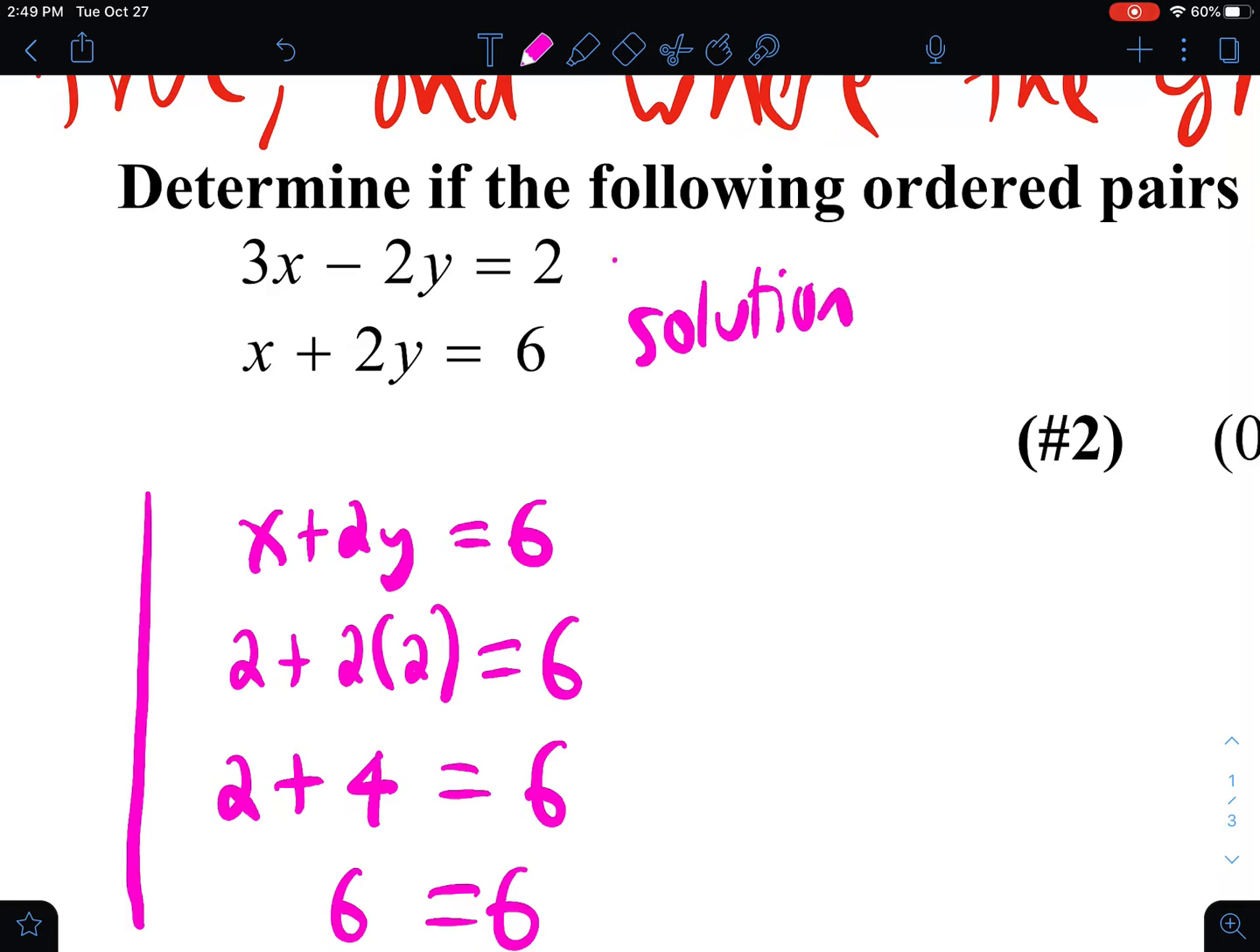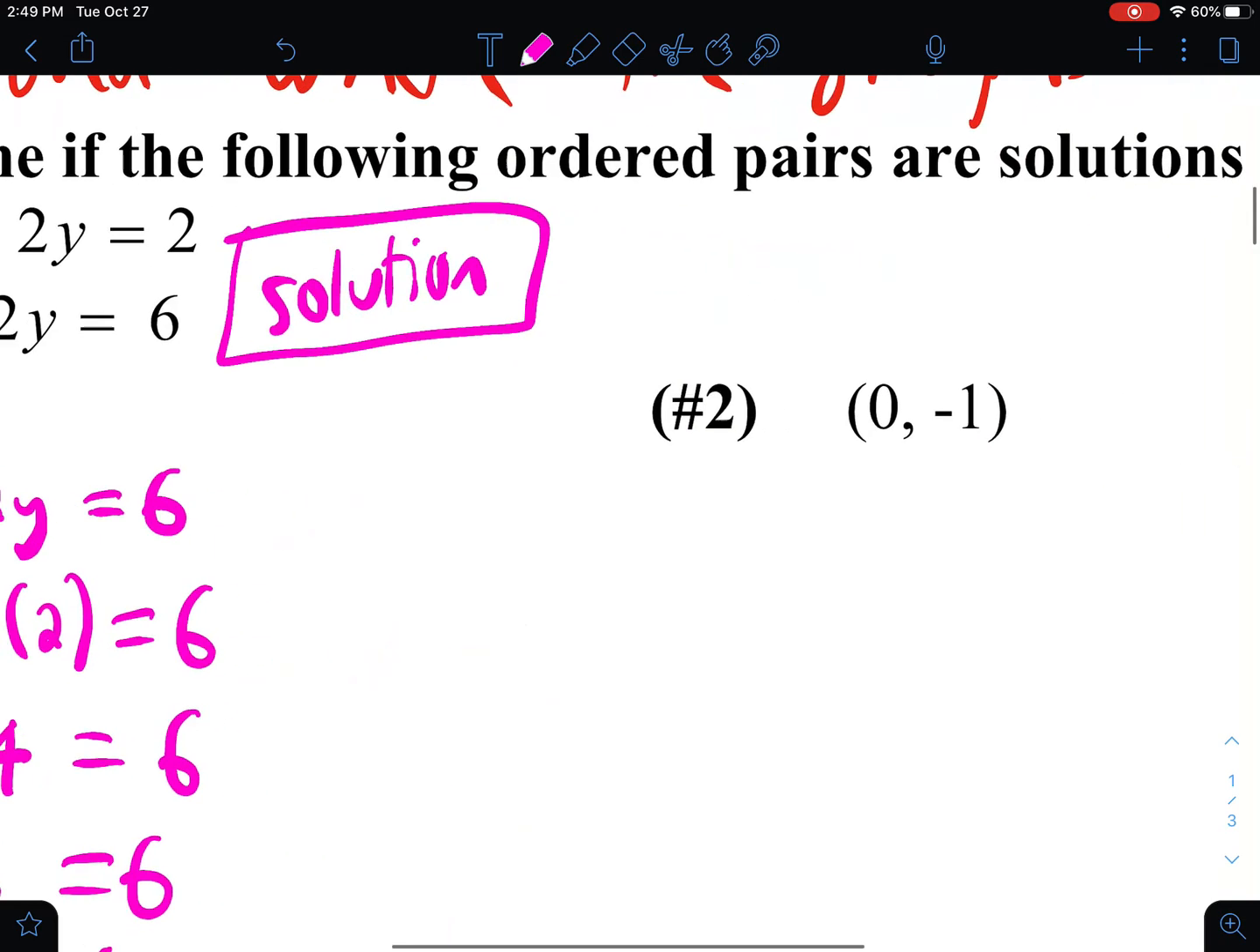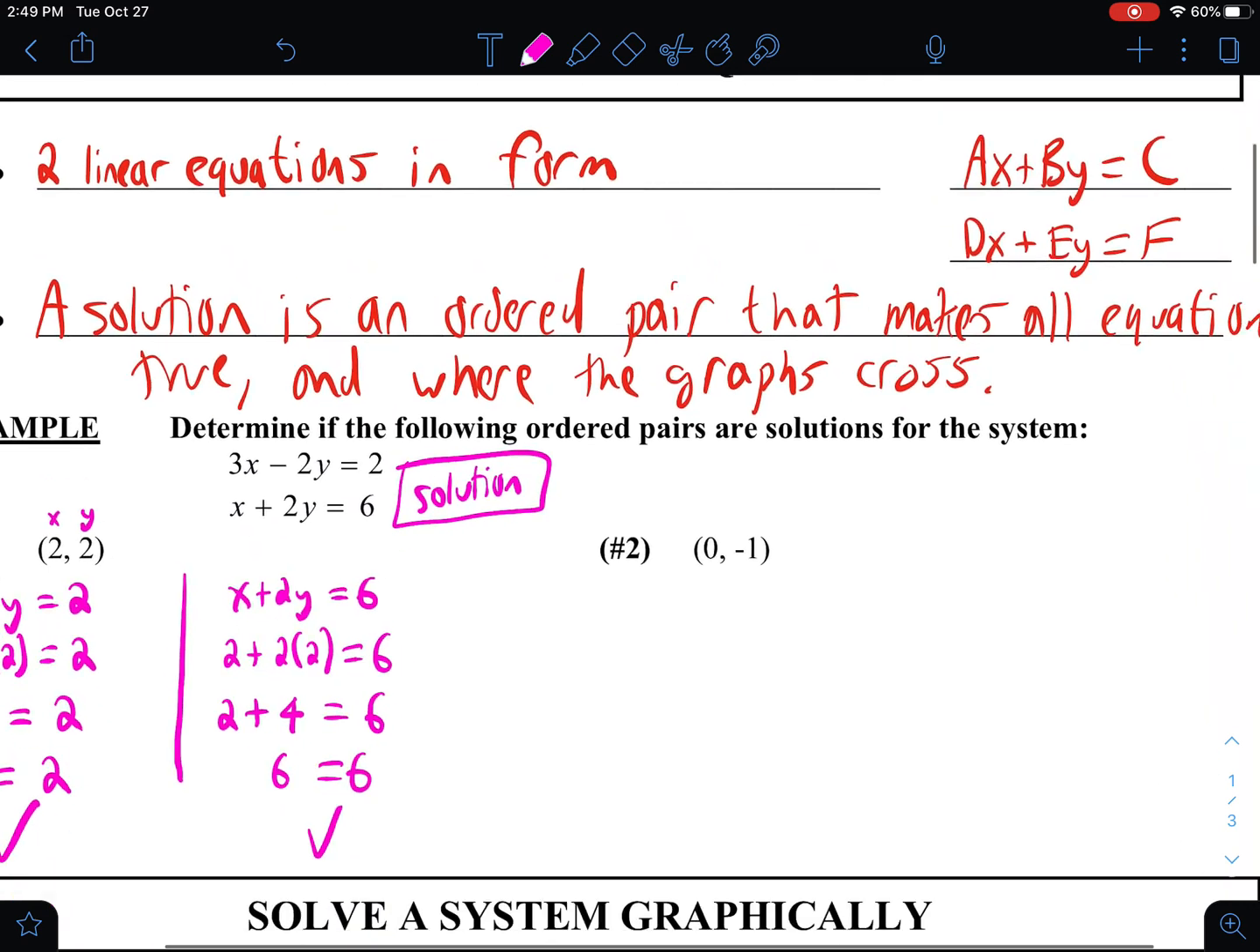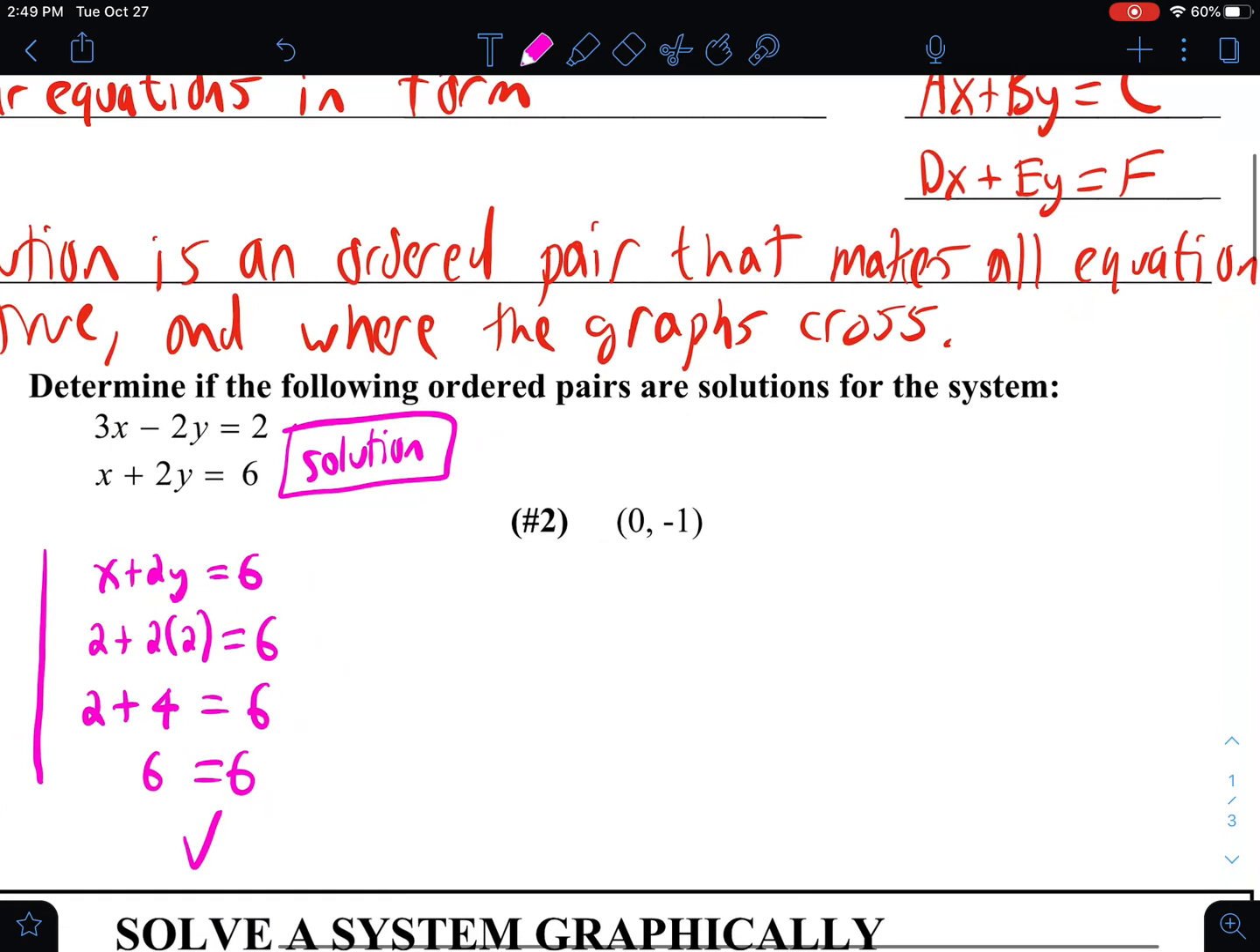It is a solution. Okay? All right, we're going to do the same thing over here. You guys are going to try this one on your own. I'll write out the problems first. 3x minus 2y equals 2 and x plus 2y